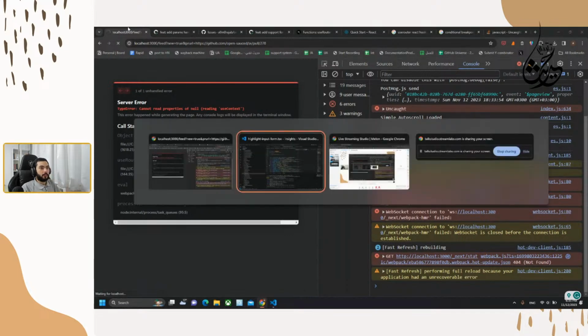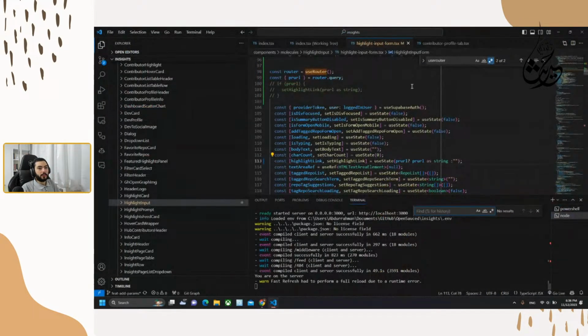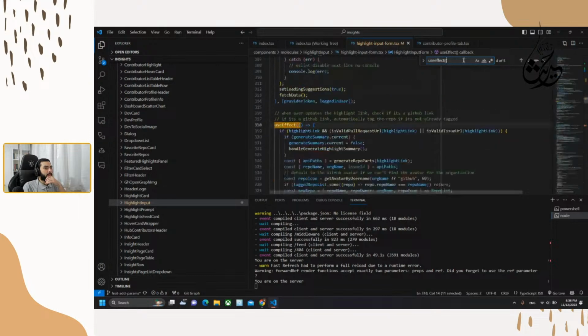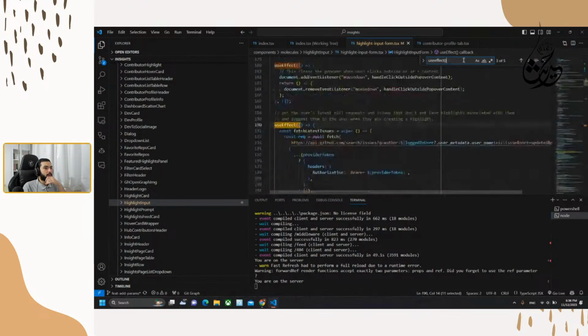Okay, while we are waiting for this one, I think this needs a refactor, by the way. The use of multiple useEffects here is kind of weird.